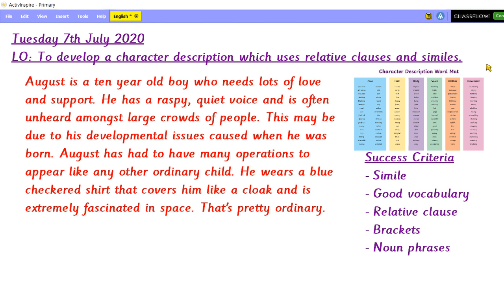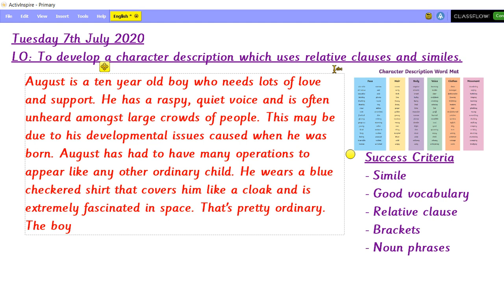Now, you could see that on my plan there were loads of other things that I haven't actually included so far. So I would then pull those things and go into detail and talk about it. So I've said a little bit about what he's like and what he's into. So now I'm going to talk about his face and his hair and things like that. So I'm going to go back to August instead of he, or if we know, as we know, we can change it to the boy